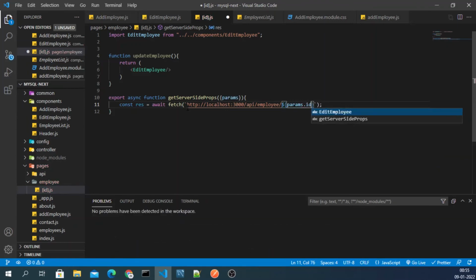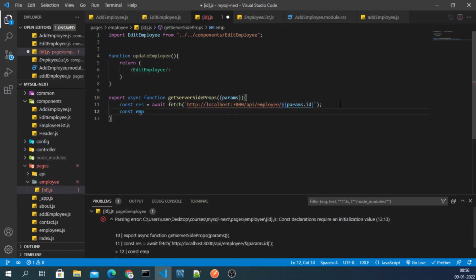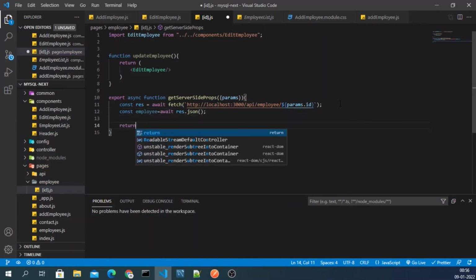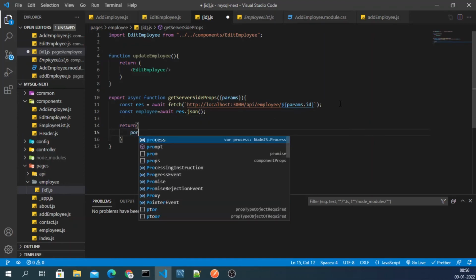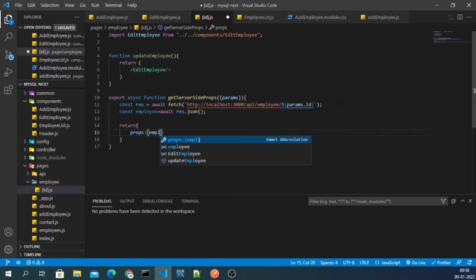Okay, so once we give the id, then we can simply write const employee, and then await whatever the response, we can take the json, and then we can simply return props.employee, like this.